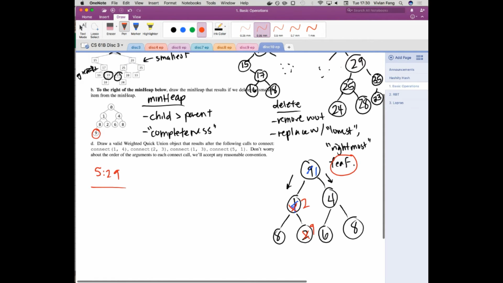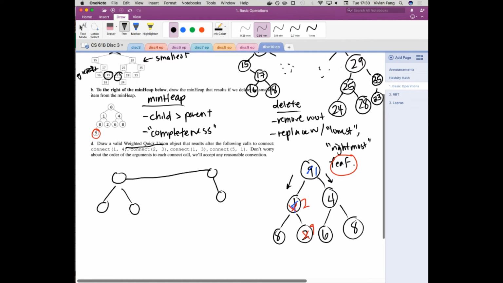Okay. So here they just want us to do a weighted quick union. The difference between a weighted quick union and a regular old quick union was that we wanted to keep our trees bushy, right? We wanted to minimize the height. So when you have a weighted quick union, the set that you're going to union into is the bigger set. Does that make sense? So if you have something that looks like this, and you got a little dingly set here that wants to union into here, you do this, because this has fewer elements than this.